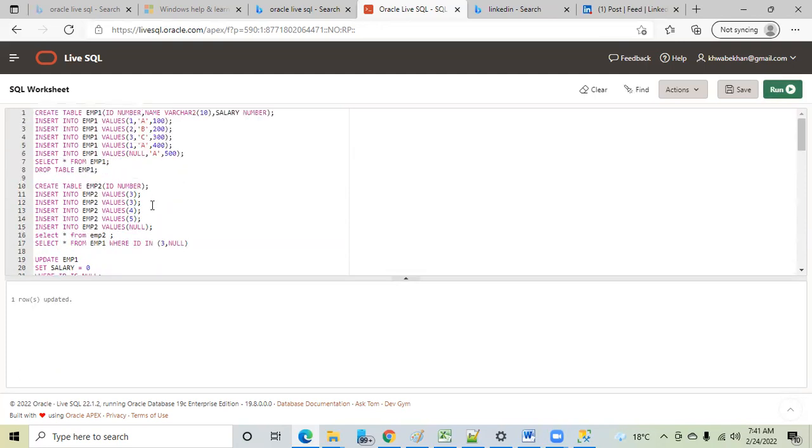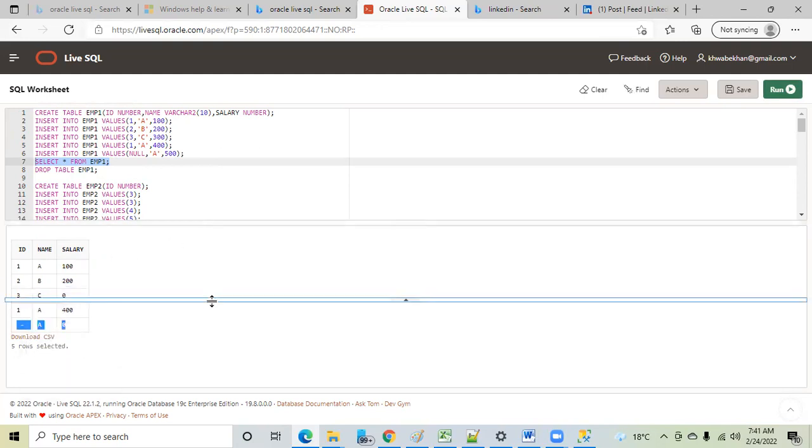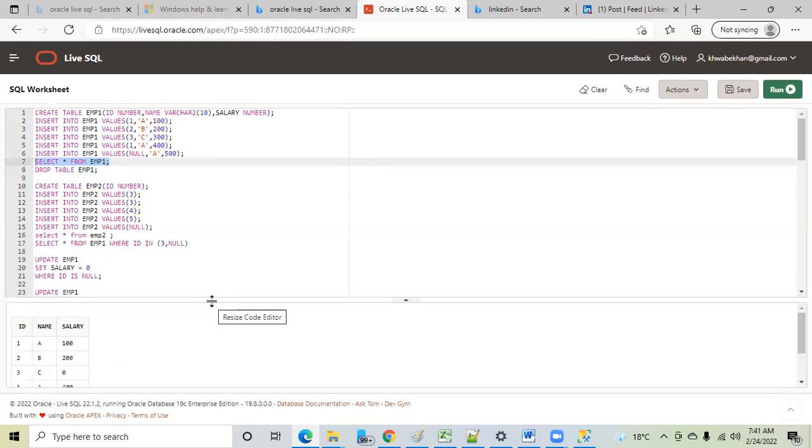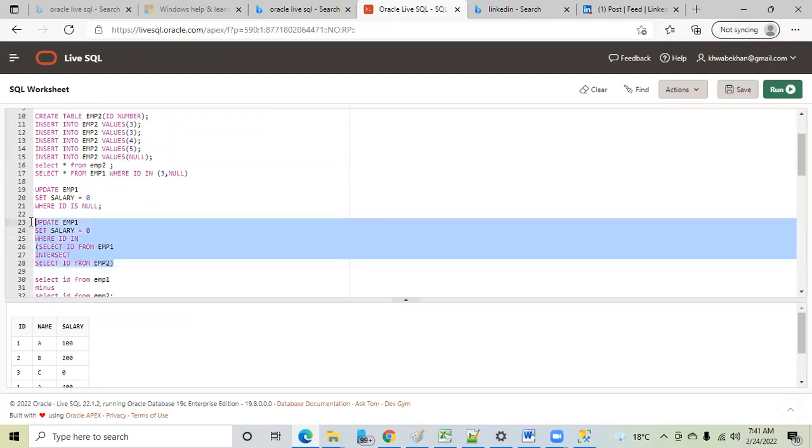one row is updated. Now let's verify this. Is the null salary 0 or not? The null salary is 0. Is this clear? Clear or not? Do you want me to repeat this? Okay, clear. Does anyone want me to repeat this? Okay, so now the question is how can I update, because this query is not taking care of null records. Is this clear first of all?